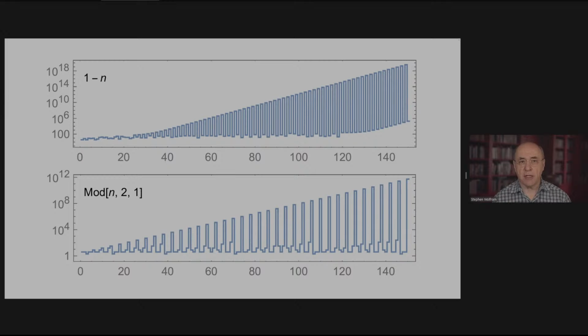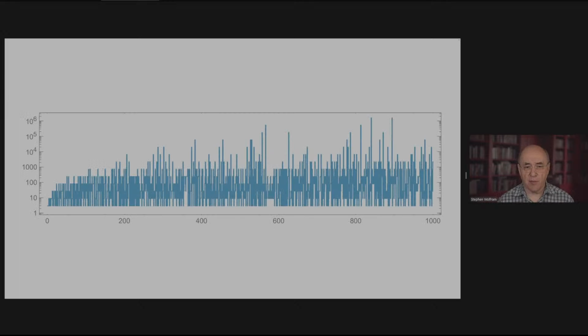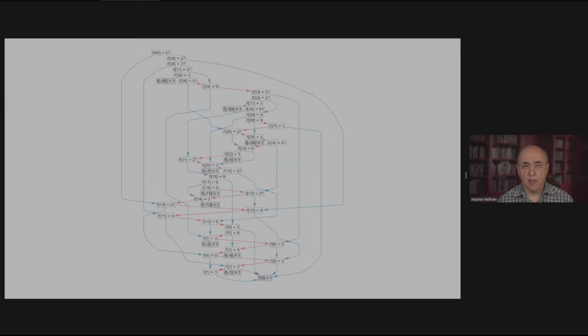All right, let's talk about the summer school sequence, T311. That's f of n equals 3 times f of n minus f of n minus 1. This was the sequence that we came up with at the 2003 summer school. Here's the basic behavior of the T311 sequence that we found at the summer school. And here's its evaluation graph, which immediately reveals